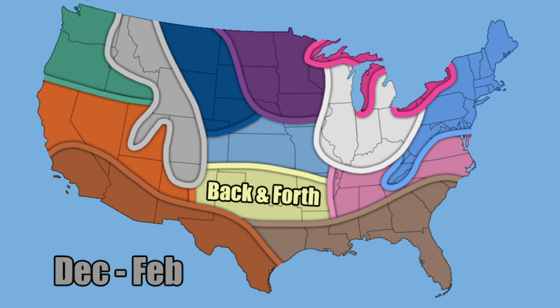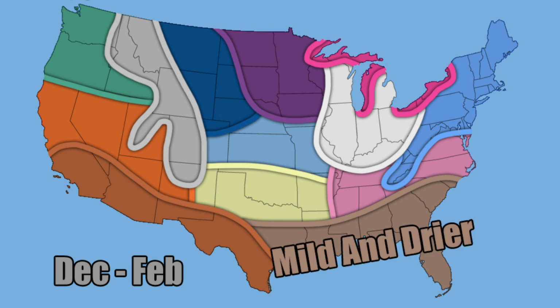This is where I think it's going to go from cold to warm and dry to wet, and I think it's just going to be kind of all over the place for these regions. Mild and dry conditions for portions of the Gulf Coast and the coastal southeast. This is where I'm expecting it to be both warmer than normal and drier than normal. Combine that together. I don't think it'll be as dry or as mild as that area in the southwest, but I do think it'll still be milder and drier.